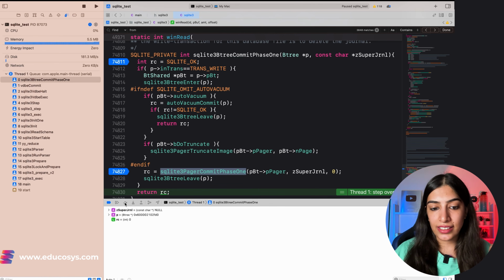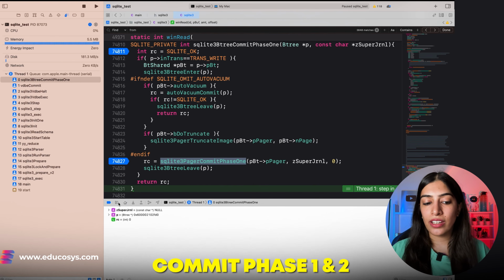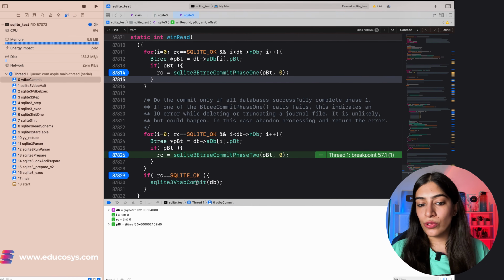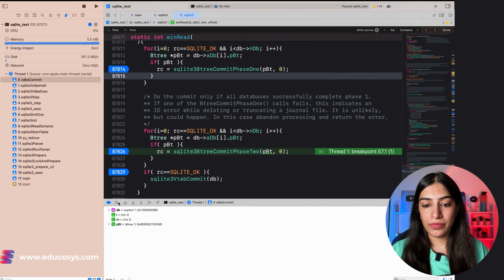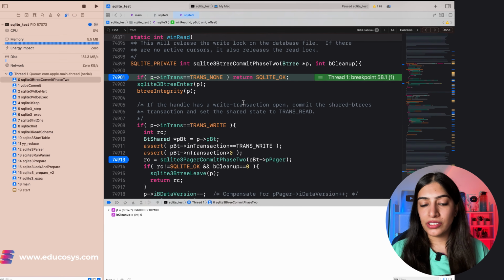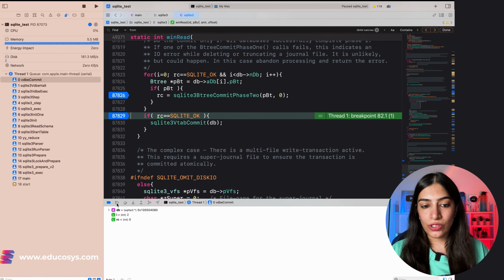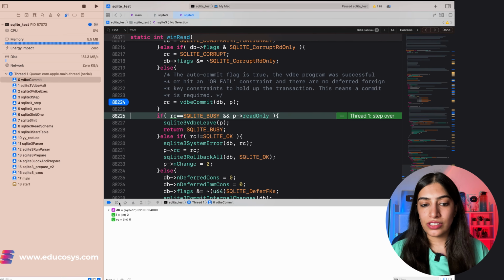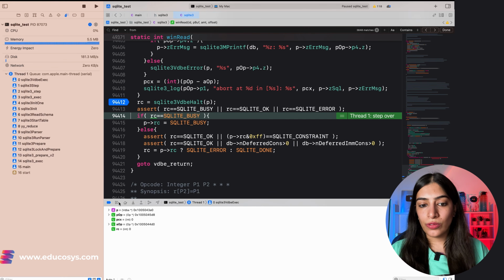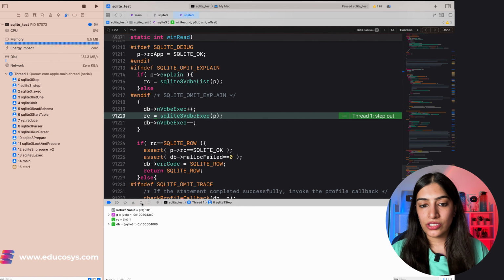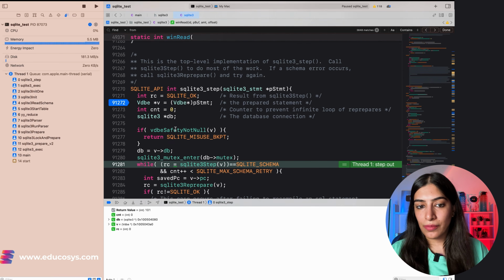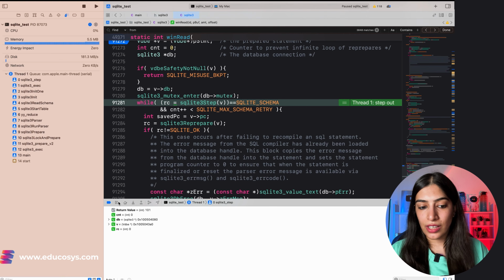Right now there is a select statement, right? We will see the commit phase 1 and phase 2 execution later. For now I am moving ahead from phase 1, and now we are going to phase 2 for the B-tree. If I go ahead in the B-tree phase 2, I am outside, and now we will be doing the commit. If I just continue, we are going outside the VDB part, and I think we can just return. If I go out, we are coming out of this step, right? If I just continue,